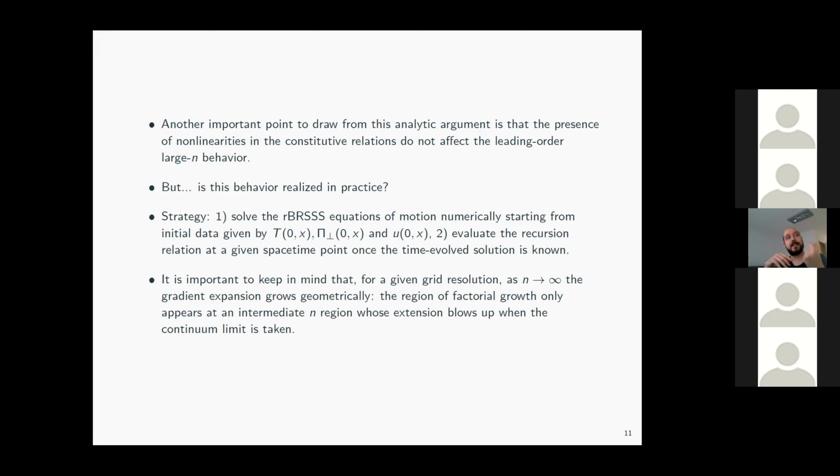If you take the lattice discretization to vanish, if you take the continuum limit, if you take your grid spacing to go to 0, what happens is that an intermediate region that's present and displays factorial growth is going to be blown up, and you're going to be left with just that. So we are interested in this intermediate region, and in how it behaves as the lattice spacing goes to 0. We're not interested in what happens when n goes to infinity for fixed lattice spacing. I hope this point is clear. It's a technical comment, but I think it's important to keep in mind.